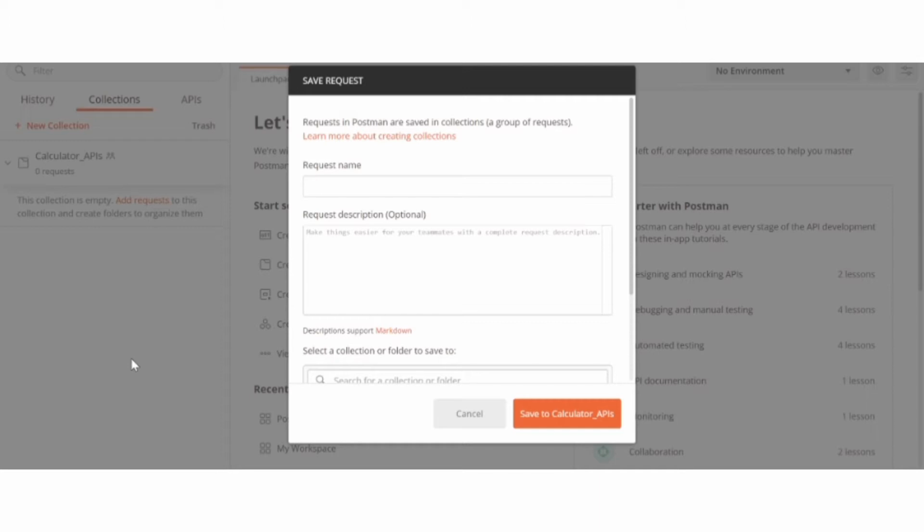So here, as we are making a GET call to mathgs.org, I'm going to call this Level 1 Beginner Calculator API. Once you enter it, you can also enter the description, but for now we will skip it and just